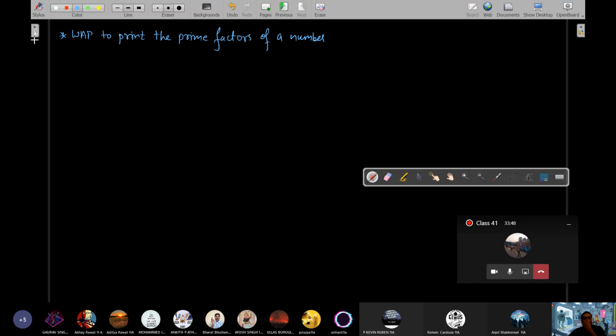Write a program to print the prime factors of a number. Sir, actually it is sum of prime factors. चलो पहले प्राइम फैक्टर्स निकाल लेते हैं, फिर सम तो निकाल लोगे. काउंटर लेना पड़ेगा बस. Okay. Prime factors of a number. Okay. Right. तो इसमें क्या करेंगे? First you will accept a number from the user and that will be integer, क्योंकि फैक्टर्स वगैरह है तो इंटीजर का ही बात करेंगे.